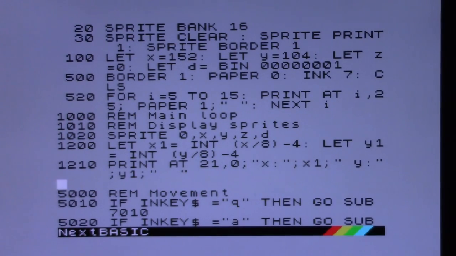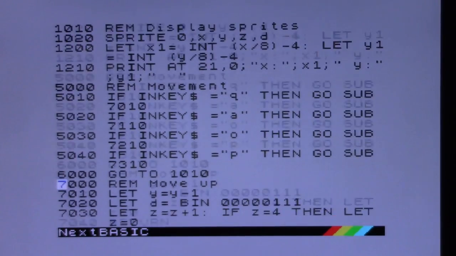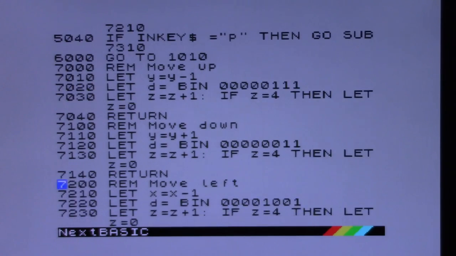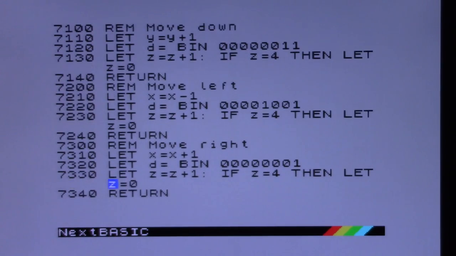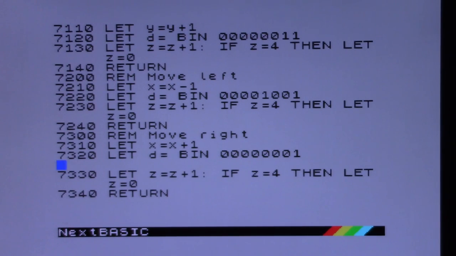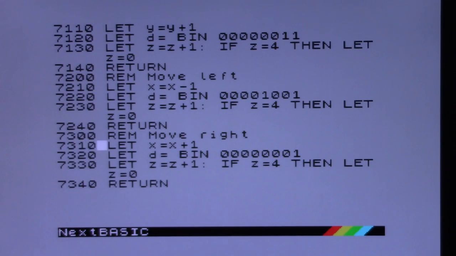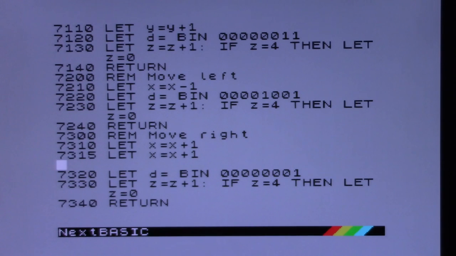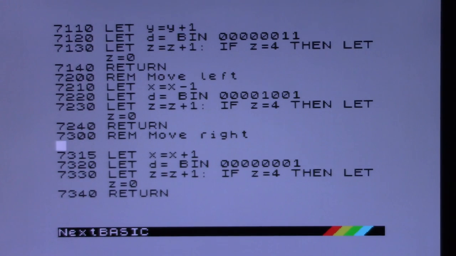So let's see if I can turn on a little bit of collision detection. I will do that down where I'm moving the character to the right. So let's have line, let's see, just going to rename that to 15. So I've got 73103. Now this, the very start, I want to do a check. Check whether the character should move right. So it goes like this. If the attribute located at